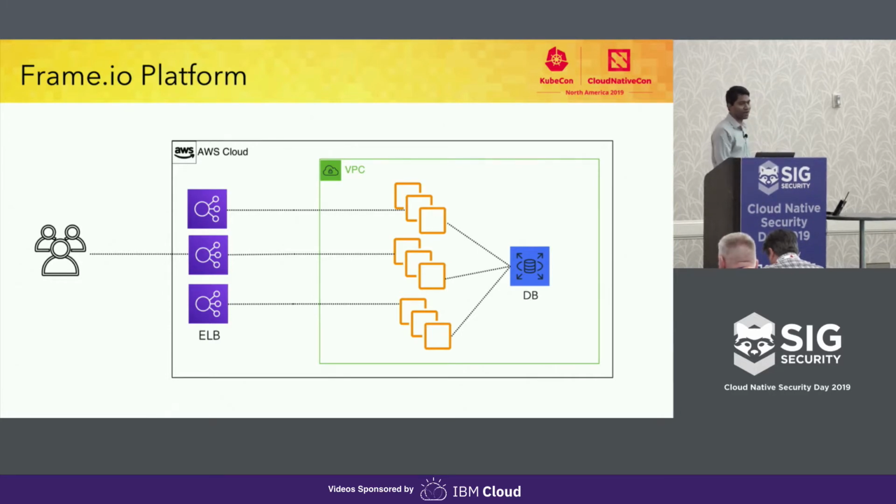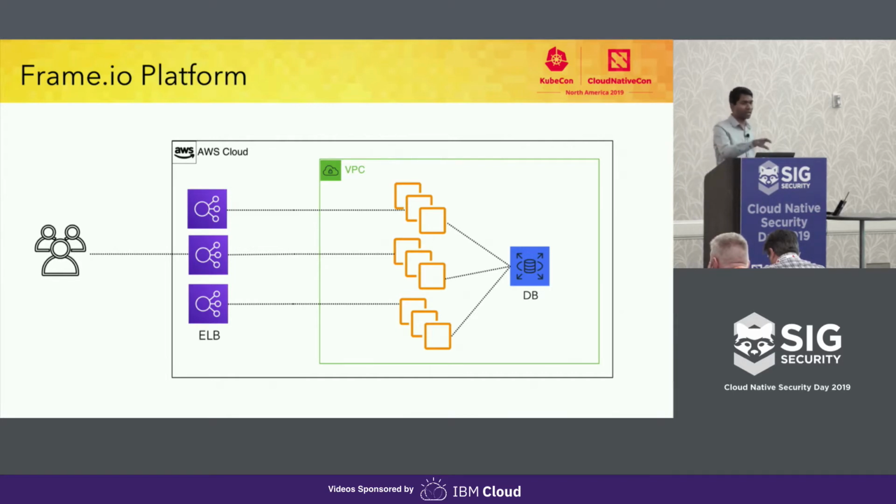This is a very simplified view of our platform, but it is relevant for today's talk. When users come to our platform, they send requests, and that request comes through the load balancer. The load balancer decides where to send the request, and we run containerized workloads, and we are also moving to Kubernetes. We are entirely hosted in AWS, so all the workloads run inside a VPC, and we have a lot more AWS services running behind the scenes, and security groups and so on. And the database is used to store the transaction data.